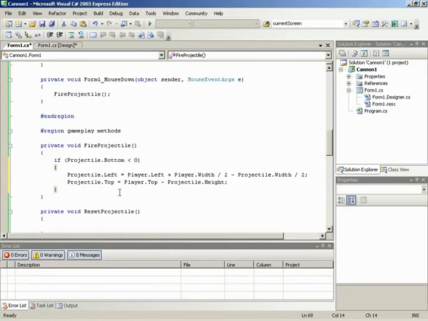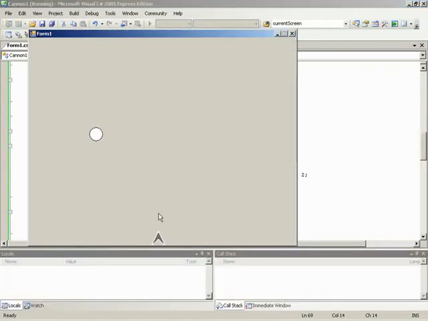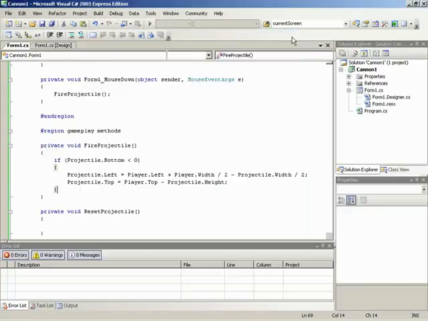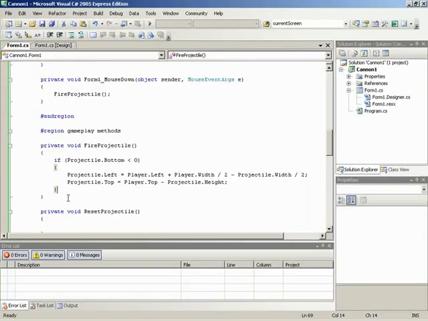Okay, very cool. So let's test it out. So here we fire, and even though I'm clicking the mouse as fast as I can here, we still only get one projectile at a time on the screen. That's right. It's just the illusion of multiple projectiles. Now that we've got that gameplay mechanic in place, so that we can fire the projectile,